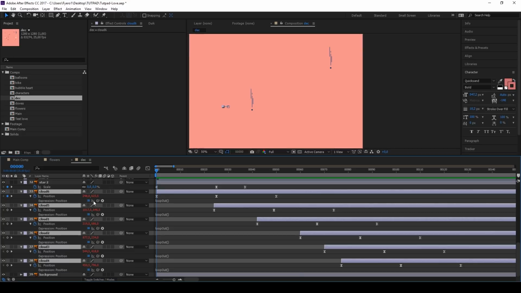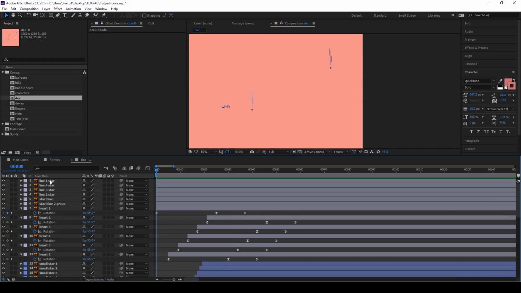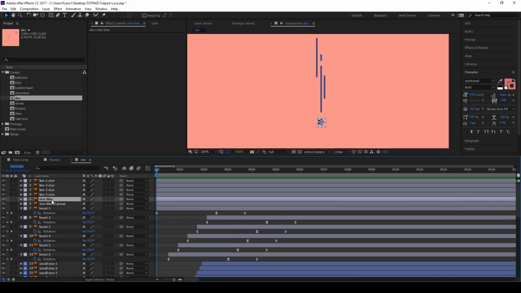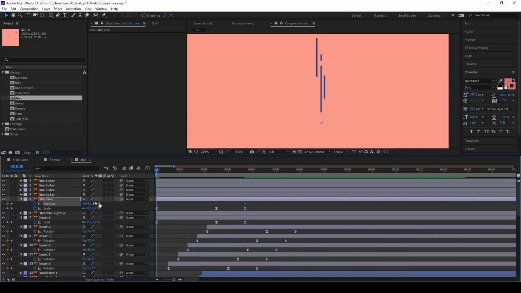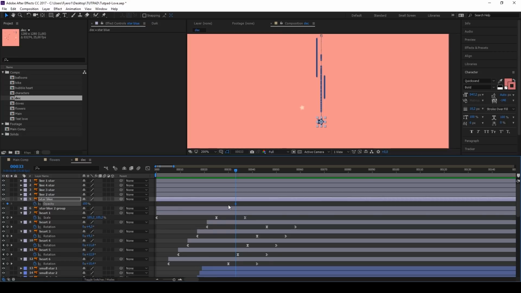Lastly, we're going to work on the blue stars and the lines that go with them. With the star, we can apply a scale animation. We copy and paste, and let's add a vertical position movement with an influence of 115. And we're going to add an opacity animation that lessens just at the end of the position and scale